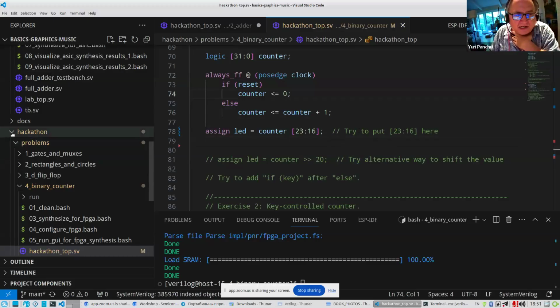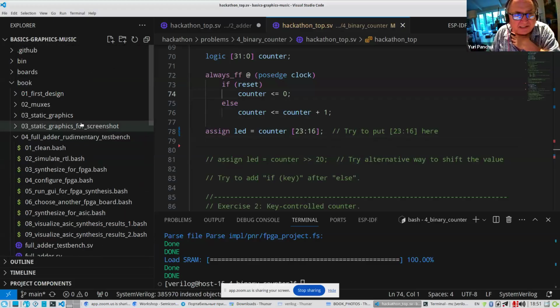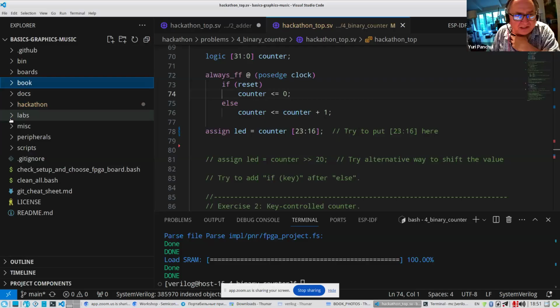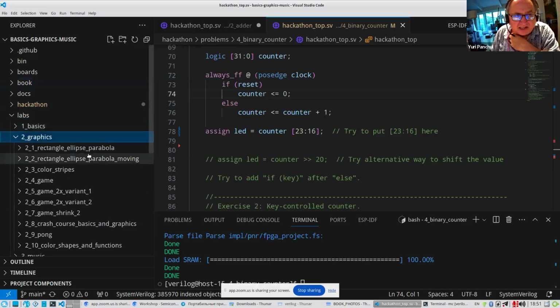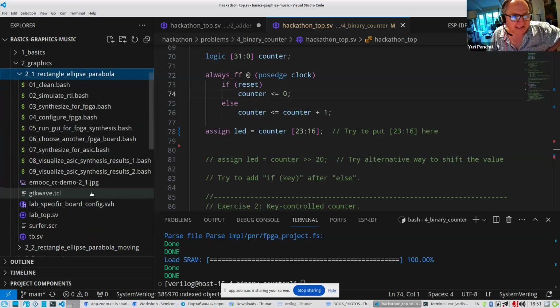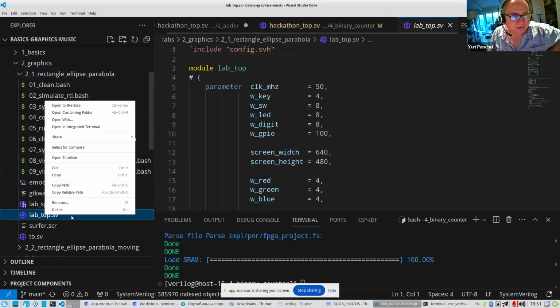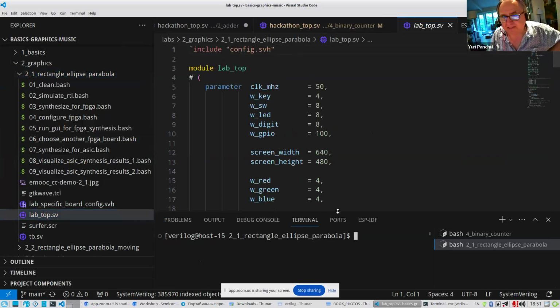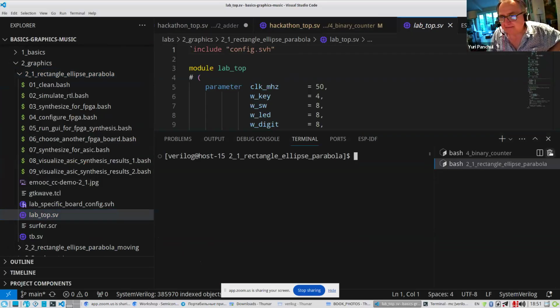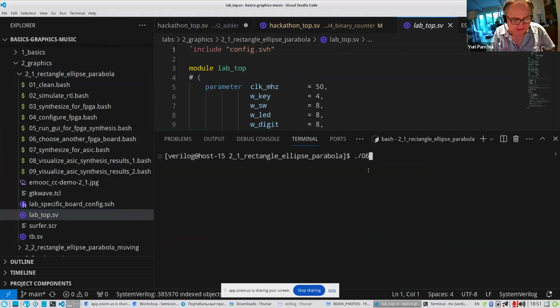You can use labs not in a hackathon set, but in a lab set, which has a configuration. If you go to graphics, and then, let's say, rectangle, ellipse, parabola, you can open it in the integrated terminal and run a script called 06 choose another FPGA board.